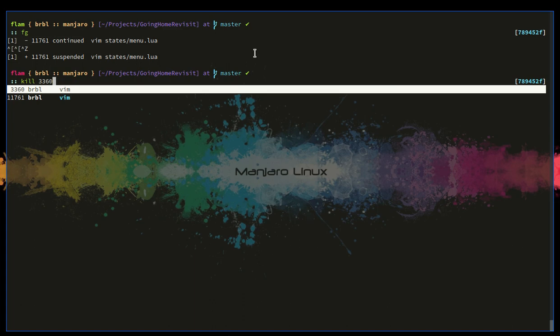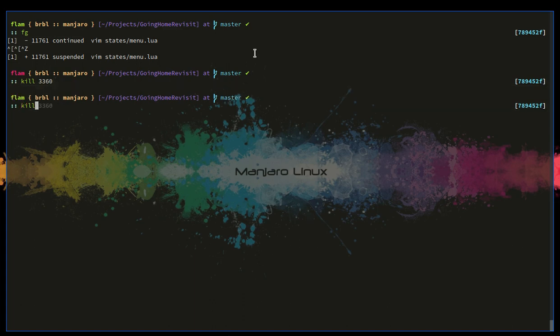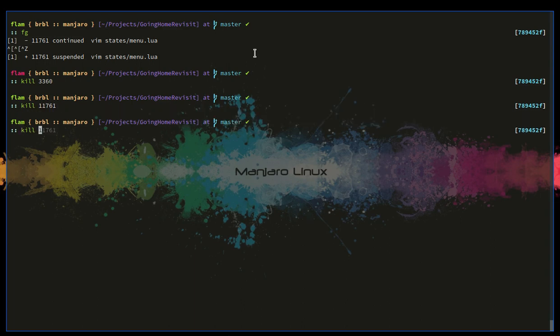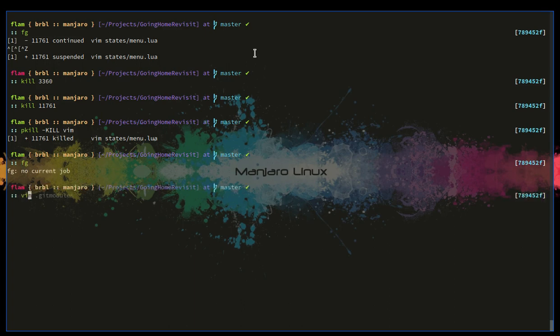How do we kill that? And another Vim. I don't know how to kill a background process here. I guess this is it. So Vim. Alright, there we go. Okay, so let me open